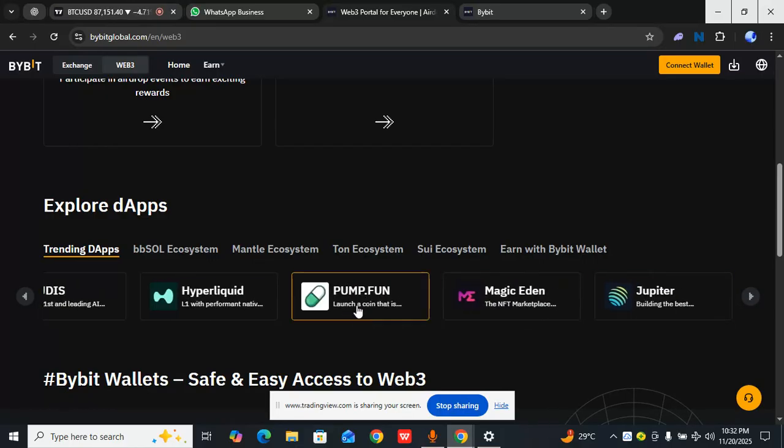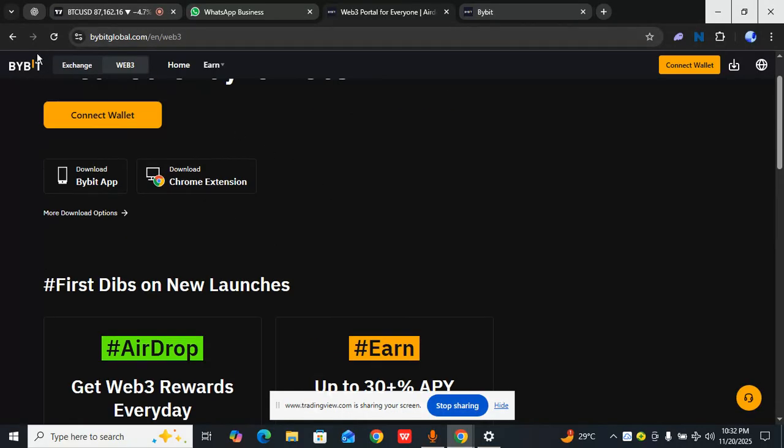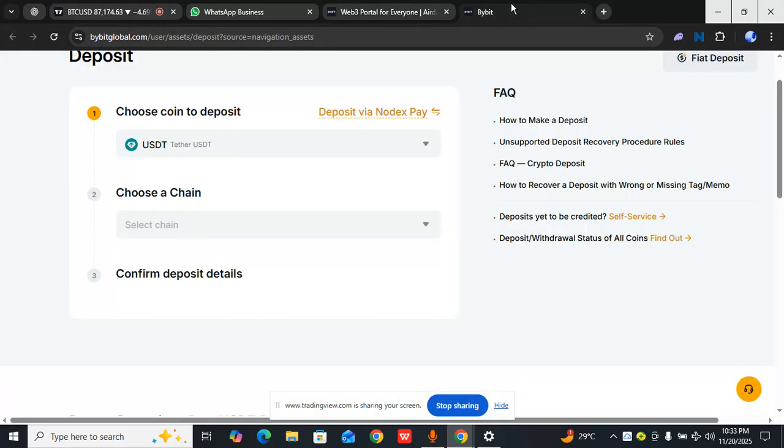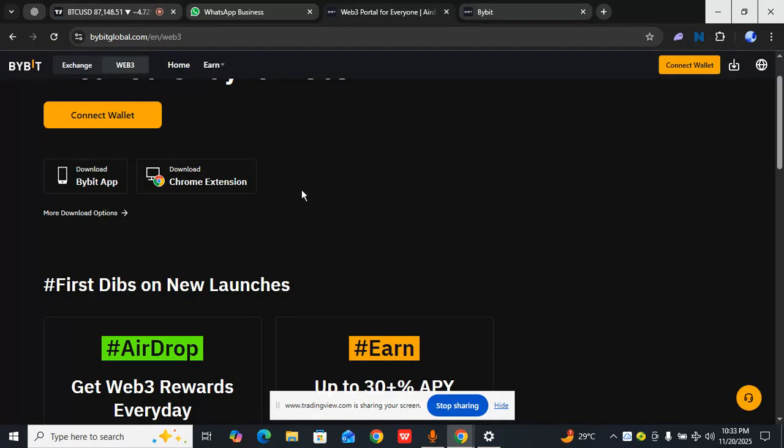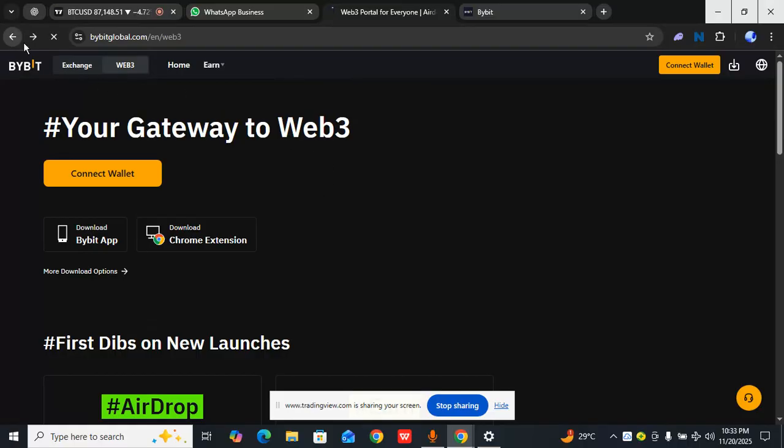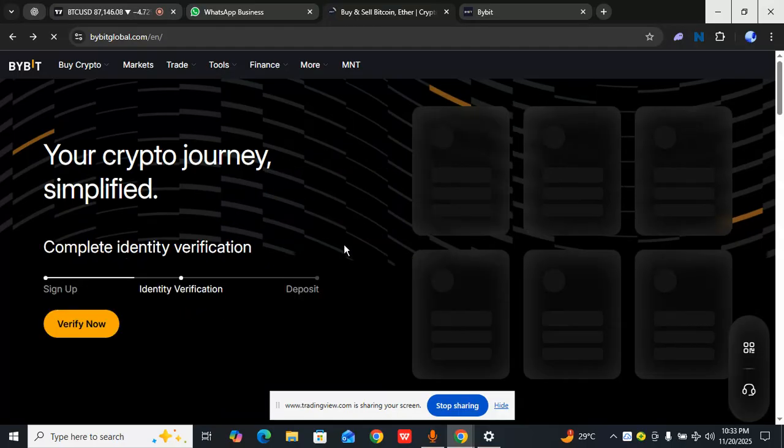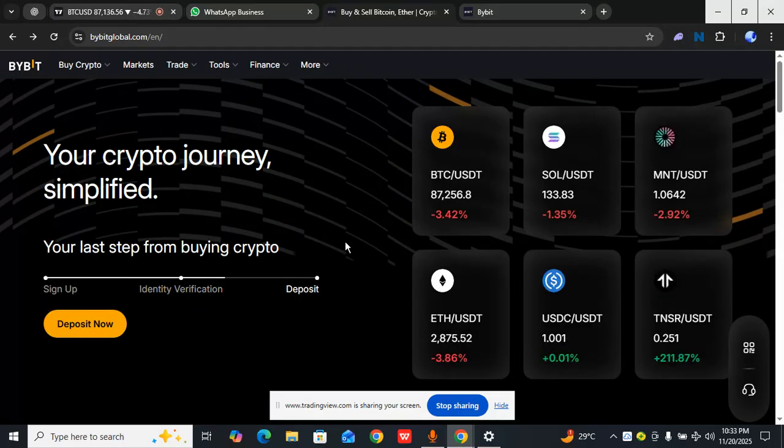Now, for those of you who don't know what pump.fun is, it's actually a website where you can create and launch Solana meme coins, right? Straight, without any form of technical background or whatever. So you can connect it to your Web3 wallet right here on Bybit, and carry out the whole process yourself and launch your coin, just the same way you do on other wallets like Trust Wallet, MetaMask as well. So over here